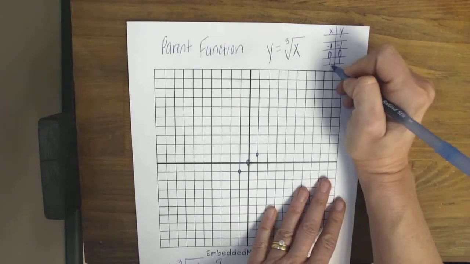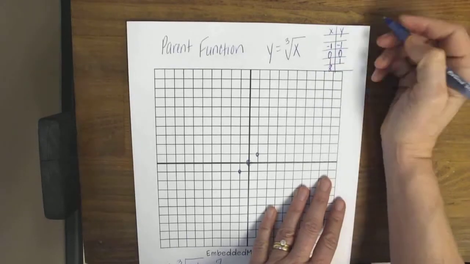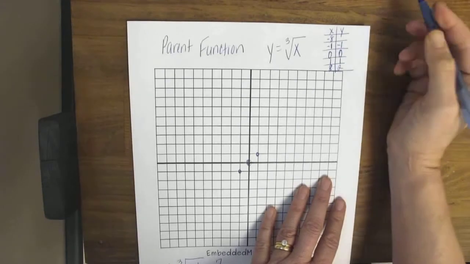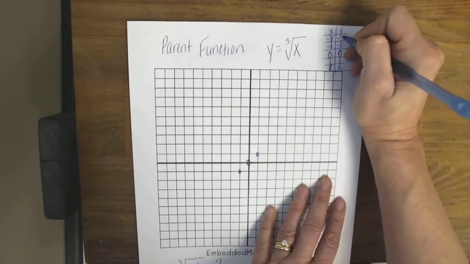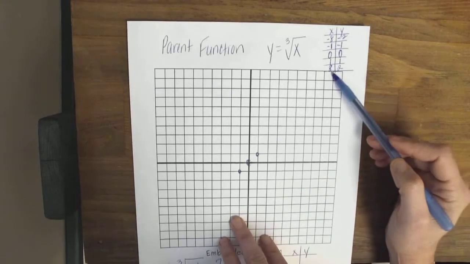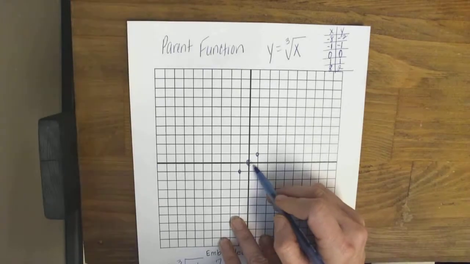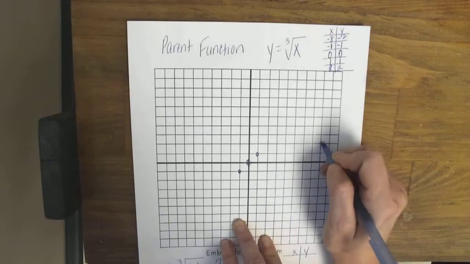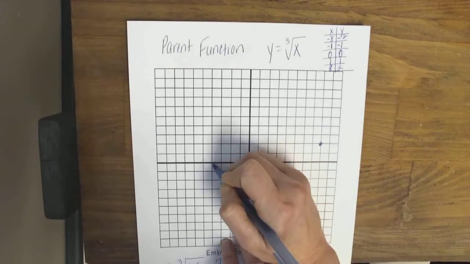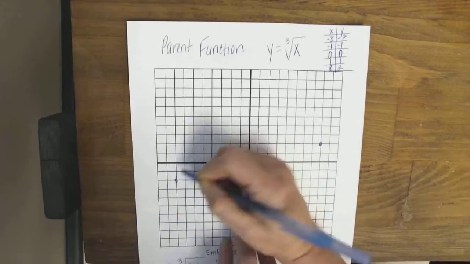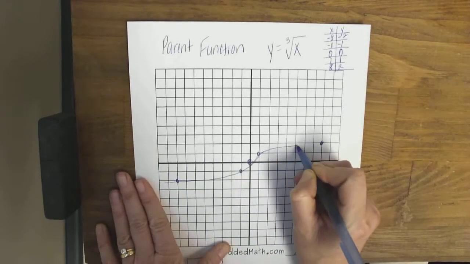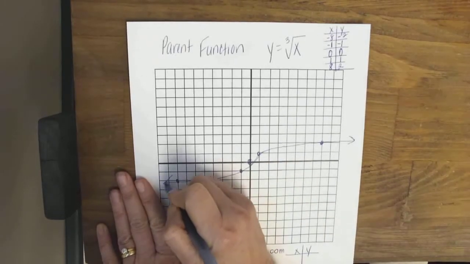The next number I know the cube root of is 8, but I'm also going to do negative 8. Cube root of 8 is 2, and the cube root of negative 8 is negative 2. The next one I know the cube root of is 27, which is too big for me. So I'm going to plot the points 8, 2; 1, 1; and negative 8, negative 2, and sketch this guy in. A little squiggle here,